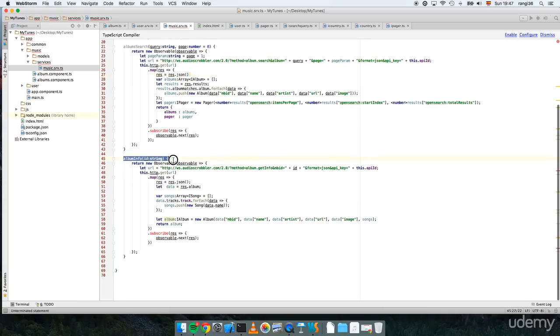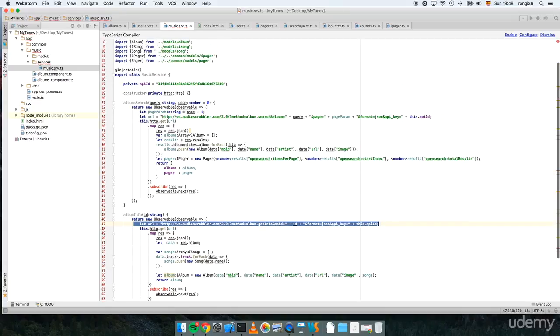The next is the album info. Here you have the ID of the album. So when you have navigated from the albums to the album page, you should pass the ID and then call again the API to get more information. It's important to mention that we are using this.http, the get request. In both cases, once we receive the information, we use the observable chain to map to JSON,